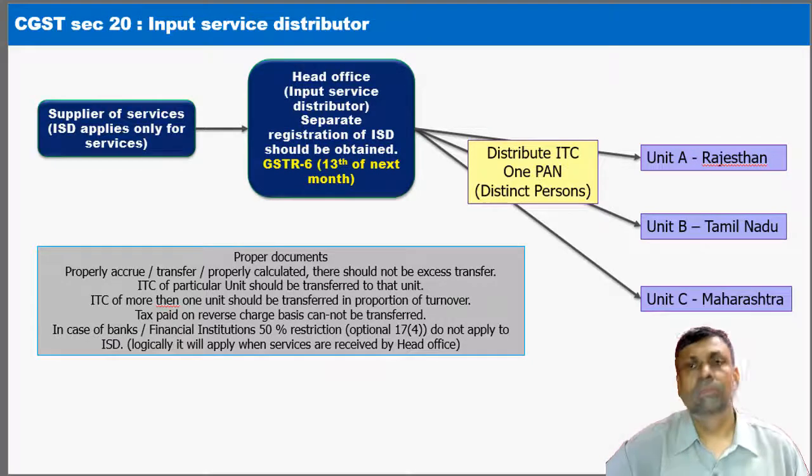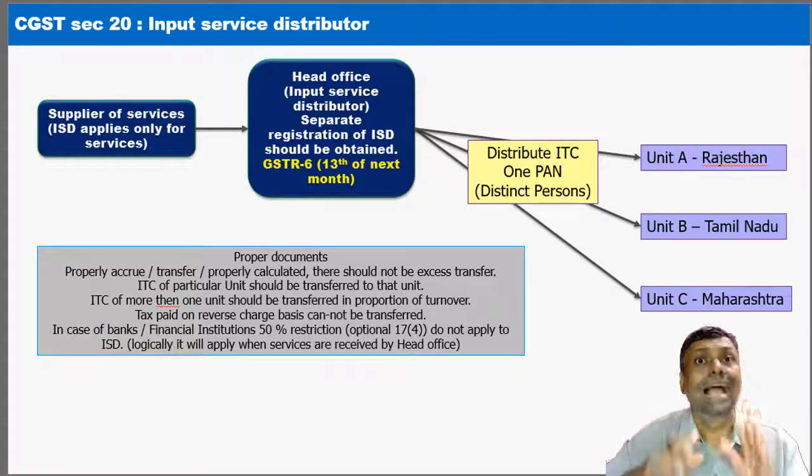It's a whole concept, and there are a lot of basic clarifications. In other words, if supposing your input service distributor has got a credit of 100 rupees, then he has to transfer the 100 rupees. In other words, he cannot keep that particular balance. So eligible credit also has to be transferred, ineligible credit also has to be transferred. So all proper documentation has to be done. Ultimately, friends, the transfer of credit from your Mumbai office to the other divisions in the different states has to be effected by proper documentation.